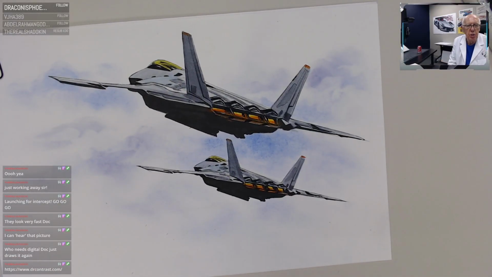Interesting thing, F22, who needs digital? No, I just pause it again. No, the digital thing, we can kind of go that route, it'd be kind of fun with it, but yeah,